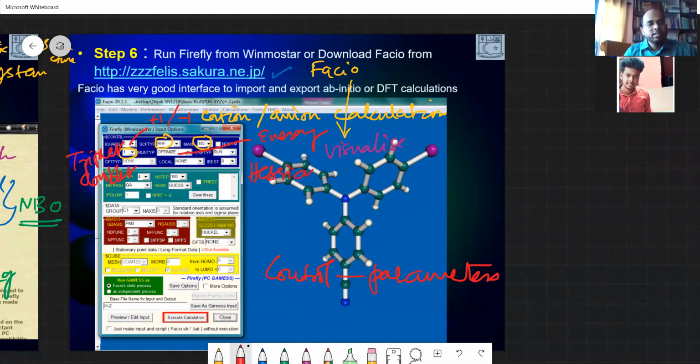Hessian calculation gives you all the IR frequencies, including imaginary frequencies. All frequencies it will compile using these steps of optimize. Okay, here you can run and check, and these are some other steps that are